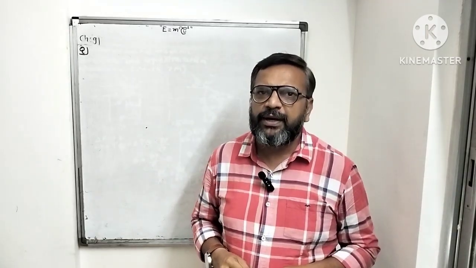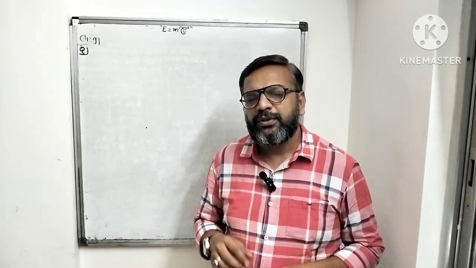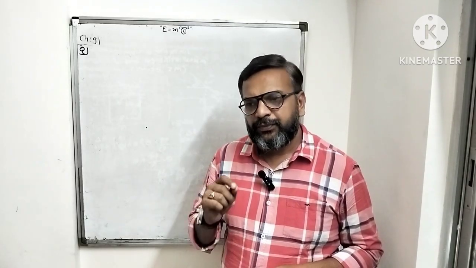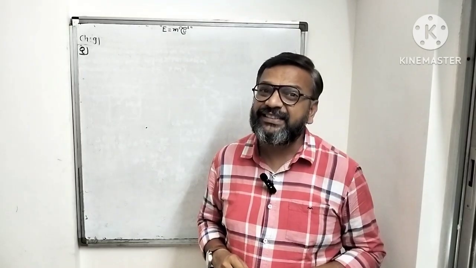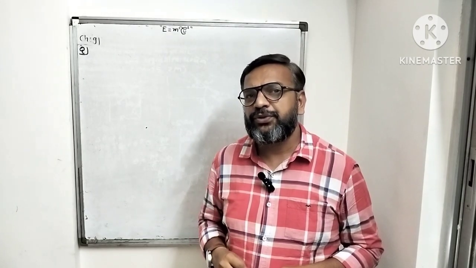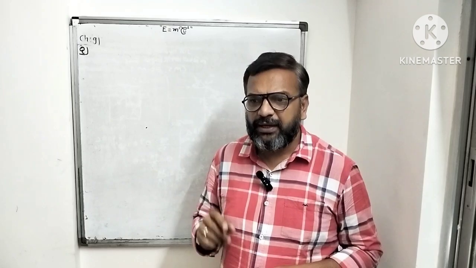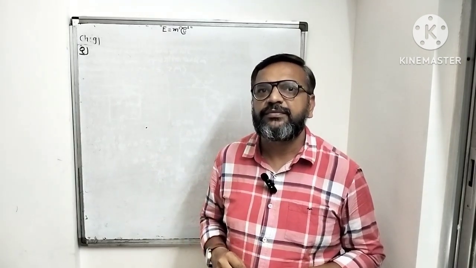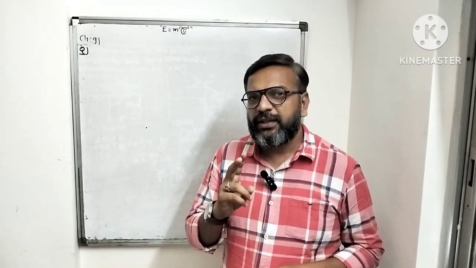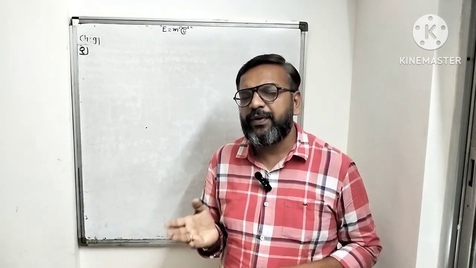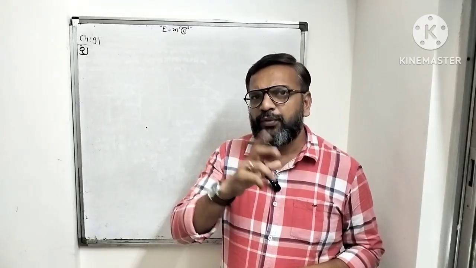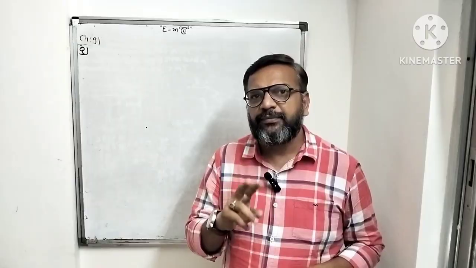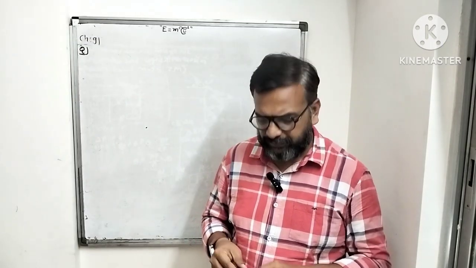Today we are going to learn the first theory of chapter number 9, Physics Part 2: the relation between focal length and radius of curvature. This question was asked in March 25, 2 marks, but in that paper they asked for the convex mirror. In our textbook there are two figures, concave and convex, and the proof is given for only one. So here we practice both figures and prove the relation. Let's start.